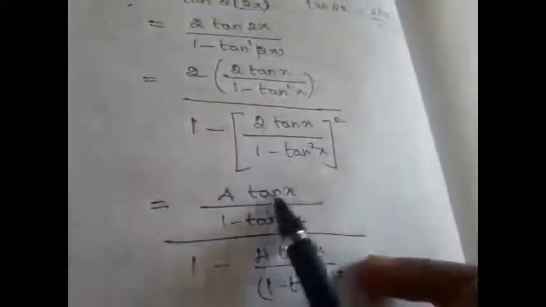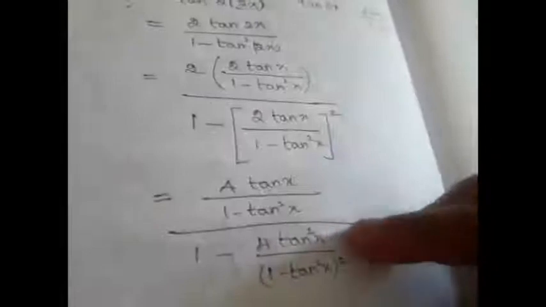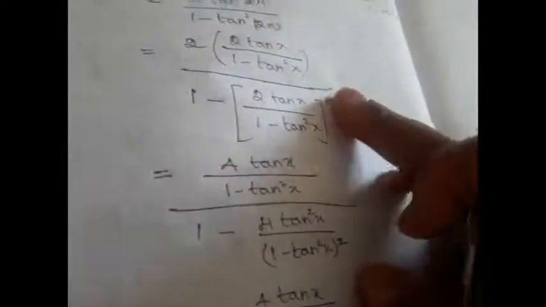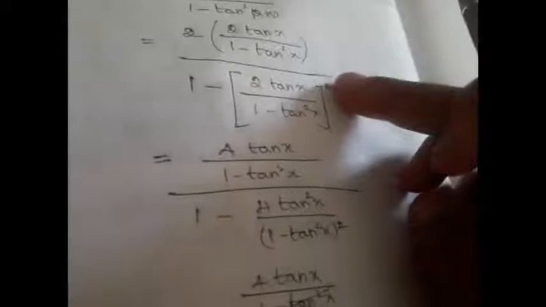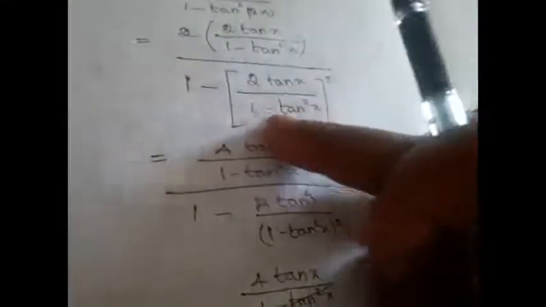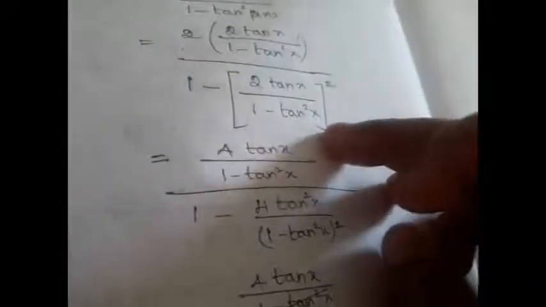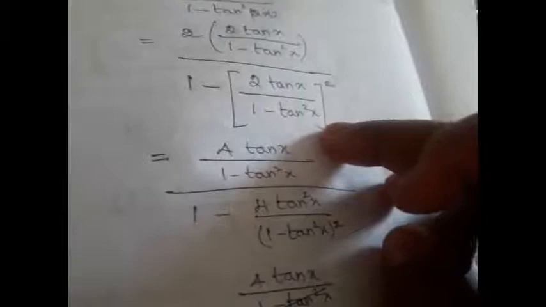Now simplify. 2 2's are 4 tan x divided by 1 minus tan square x is our numerator, divided by the denominator whole square you have. So 2 2's are 4 tan square x divided by 1 minus tan square x the whole square. Remember, you should not simply write 1 minus tan power 4x, because this is difference of two terms. So the whole square, a minus b the whole square identity. Remember, don't make silly mistakes here.